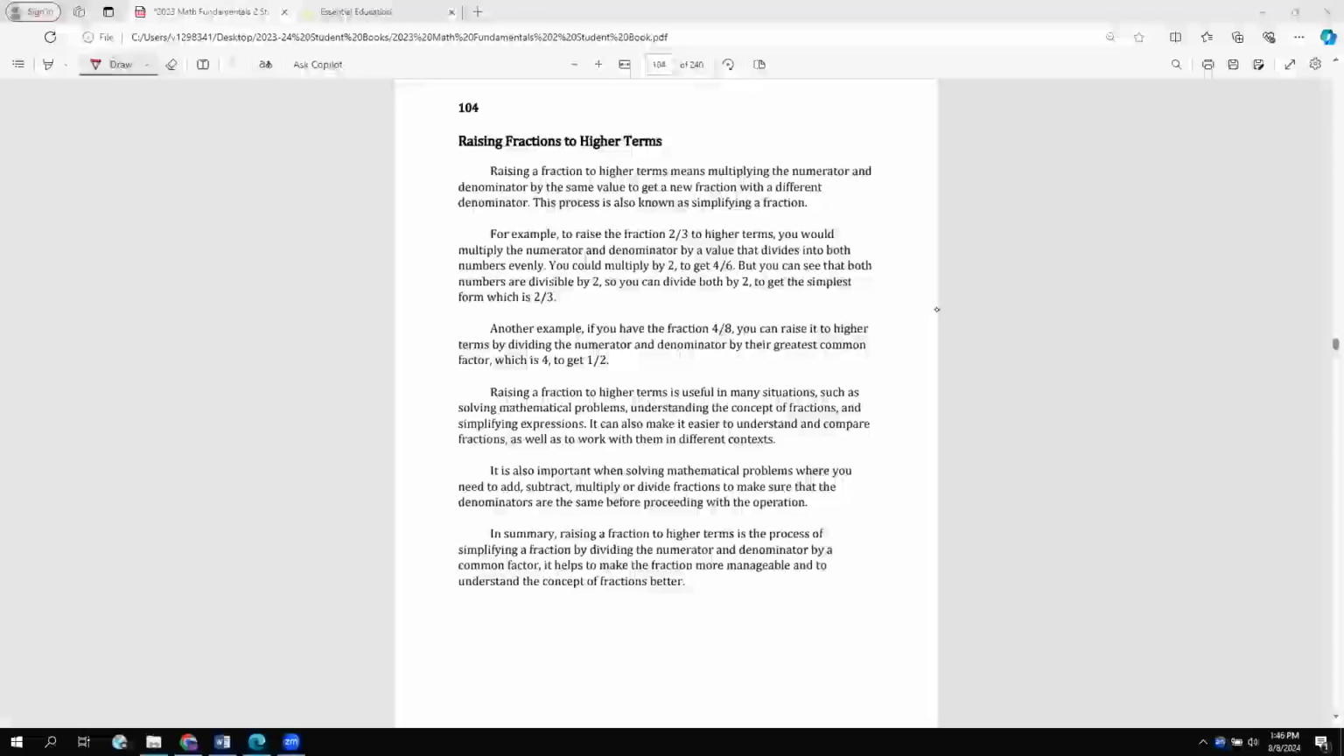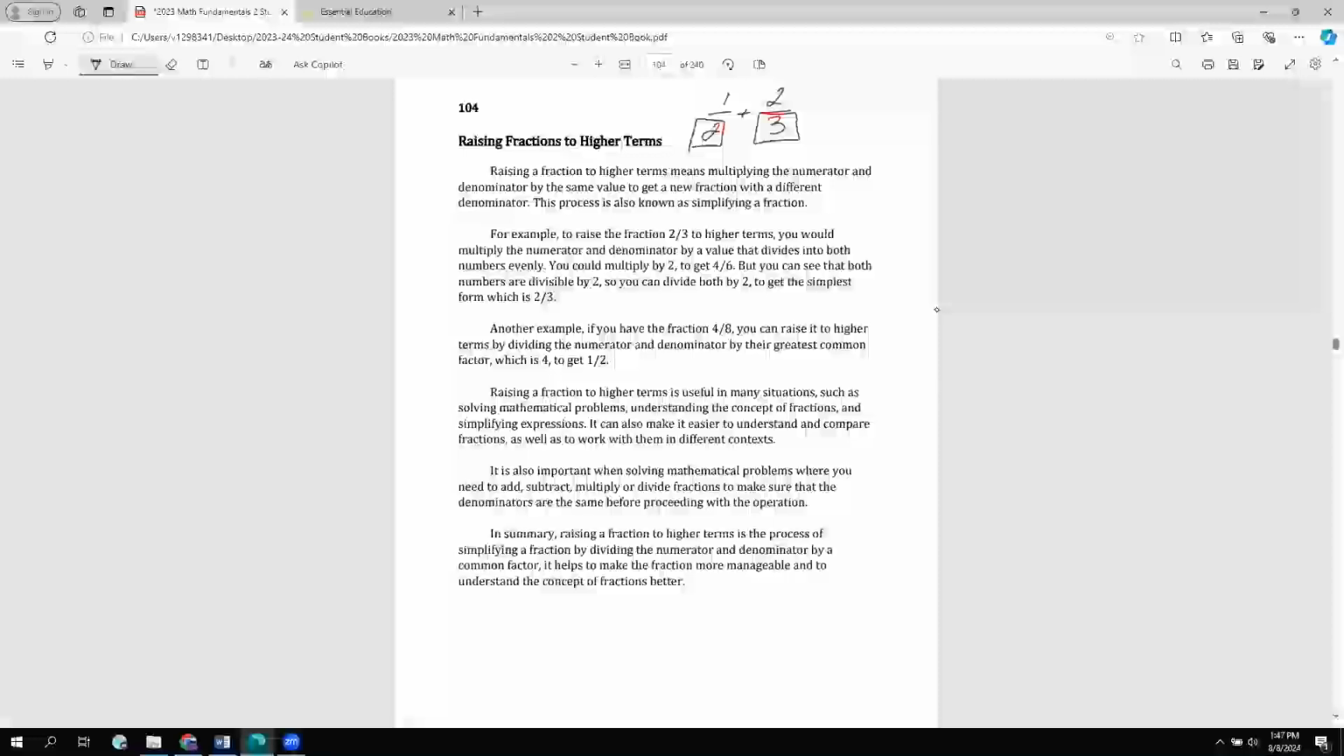The next skill we're going to talk about is raising fractions to higher terms. Now, normally you would do this if you were working with adding fractions or subtracting fractions. And when you add or subtract fractions, what you're supposed to do is make sure that these denominators are changed to become the same denominator. So this is one of the rules when you add or subtract fractions,